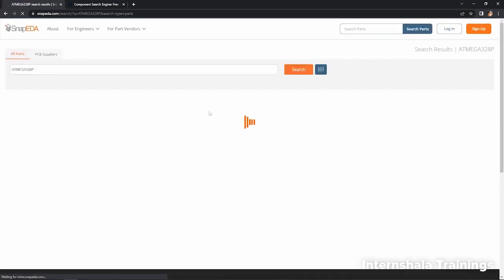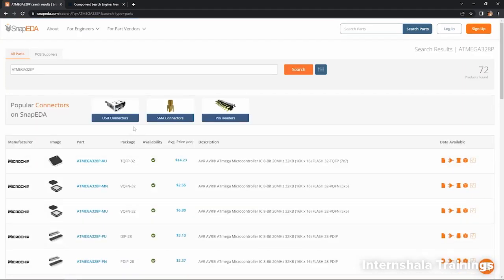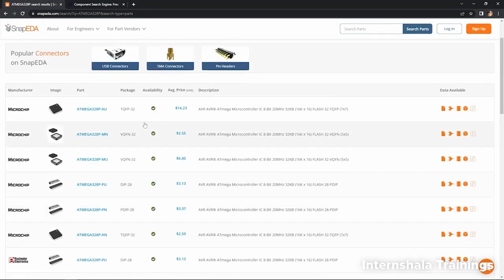Now the IC that we are using has a package of TQFP32, so you have to look for that particular package. You can see this is the package TQFP32 which I am looking for. And if you see the data available section, you will see that this symbol option is highlighted in orange color. In the same way, this footprint option is highlighted in orange color, and the 3D model option is also highlighted in orange color. It means that the symbol, footprint and 3D model for this particular component, which is Atmega 328P-AU, is available inside